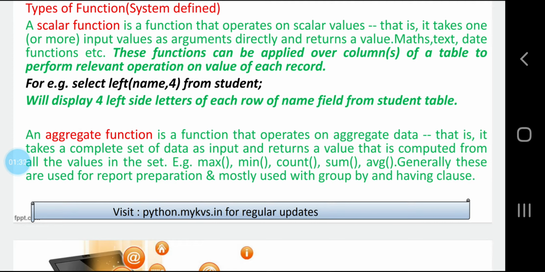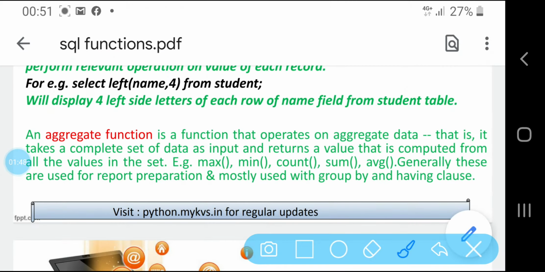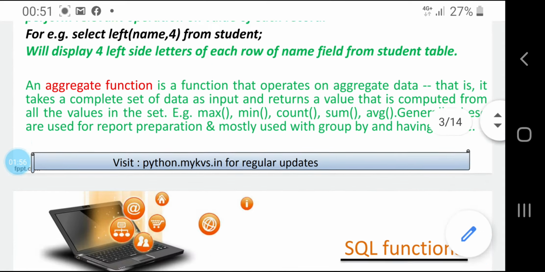But aggregate functions act upon a set of data, a number of tuples, and return a computed value. You can see max, min, count, sum, avg. These are some of the aggregate functions which we are going to study here.